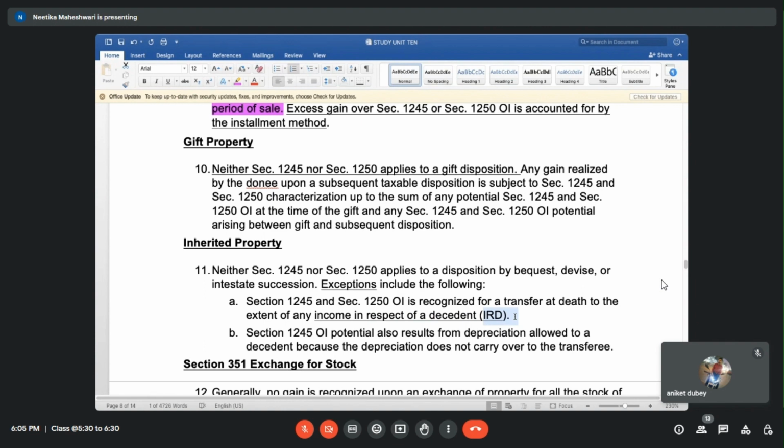That has to be taxed as an income of that person who is dead now. And again,